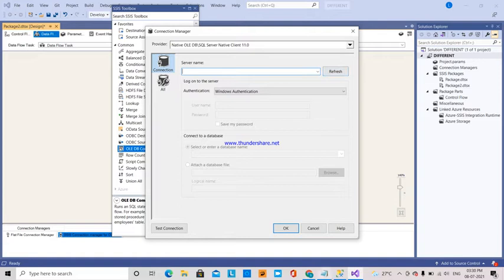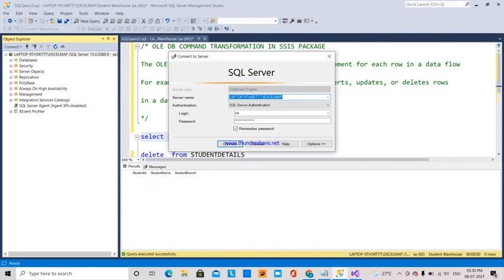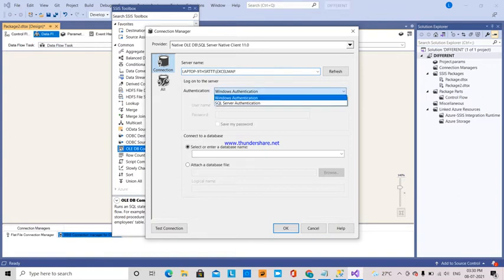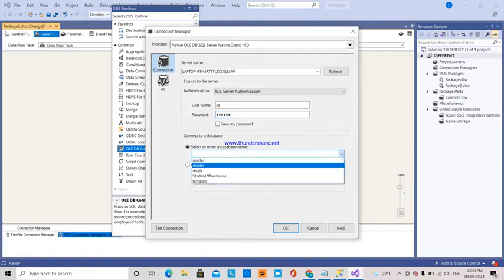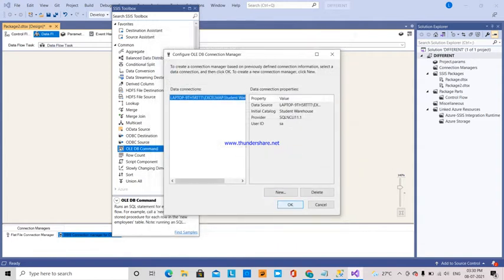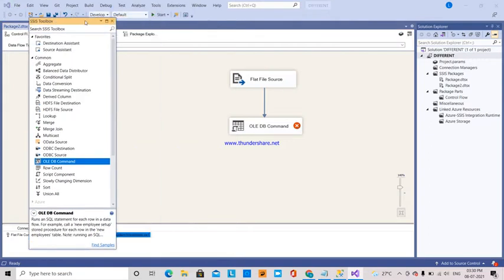For the server name, I am going to give the server it connects to. I am copying it and pasting it here. Mine is SQL Server authentication, so I am giving my user ID and password, and I am selecting my database, student warehouse. Okay, and my connection has been created. So okay, my OLEDB connection is there.